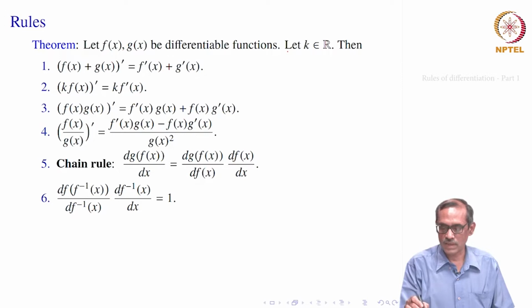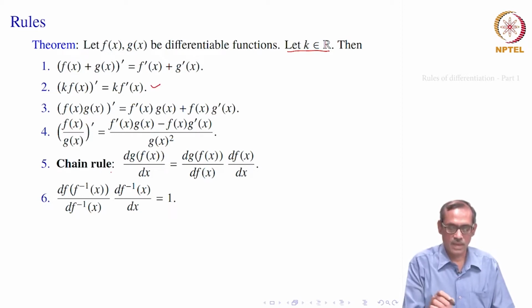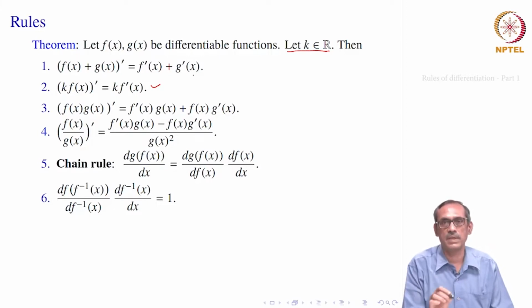We start with a constant, say k, which is a real number. That will of course be required here, in other places it is not required. Now, the first rule says, if you take the addition of two functions f plus g, its value at x is of course f x plus g x. So, we write the new function as f x plus g x, it is really f plus g. Its derivative is equal to the sum of the derivatives of the individual functions.